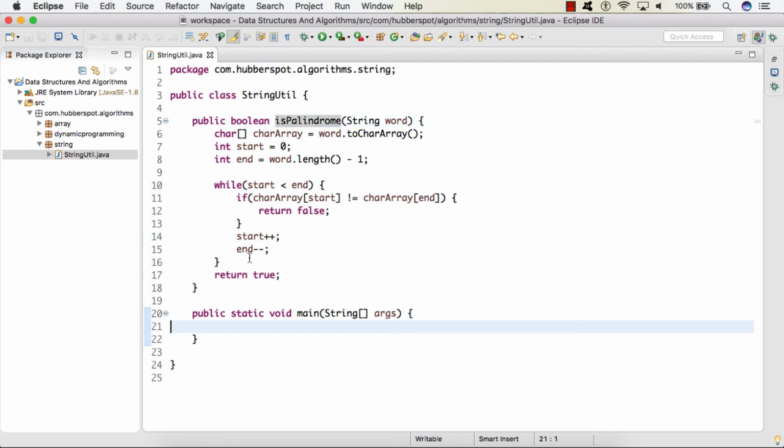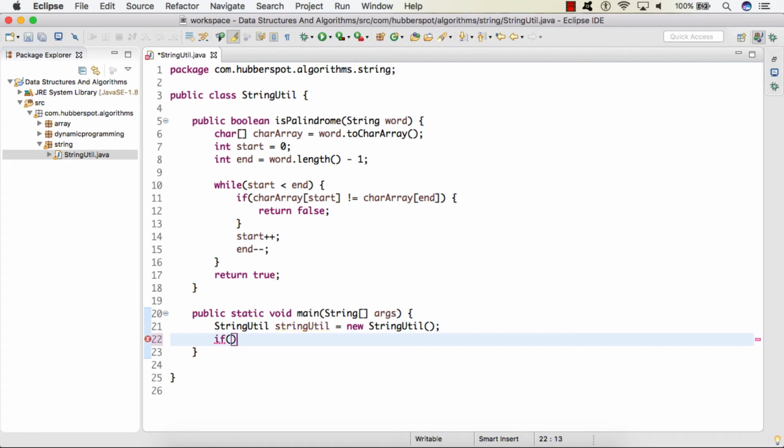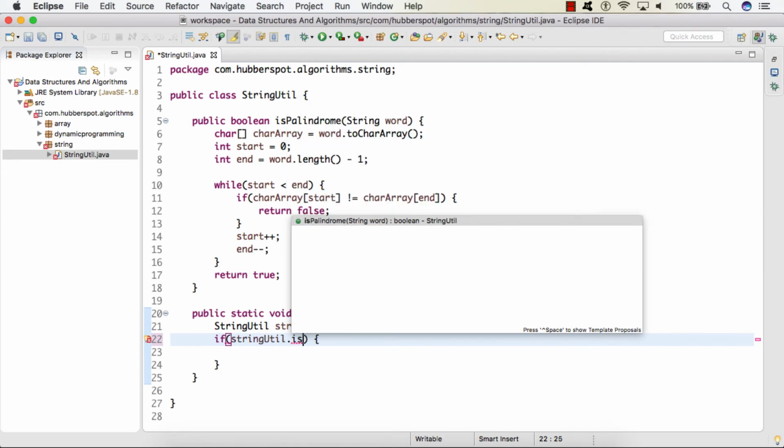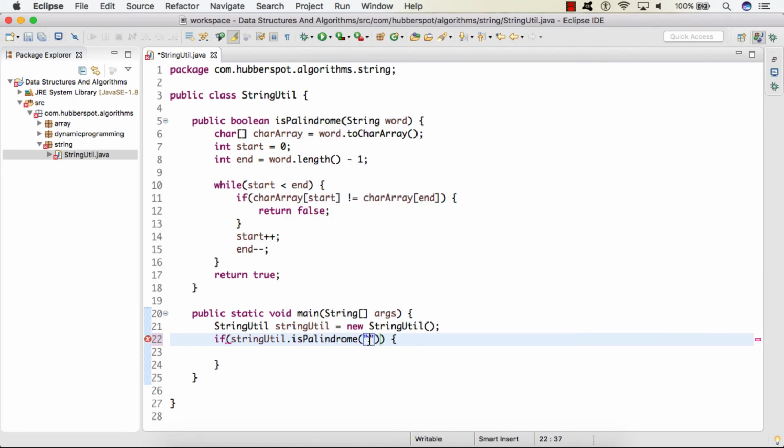So let's test its working in main method. Here we'll create an instance of the string_util class. And here we provide an if condition. We simply check by calling the isPalindrome method, and we pass the value as, let's say, madam.